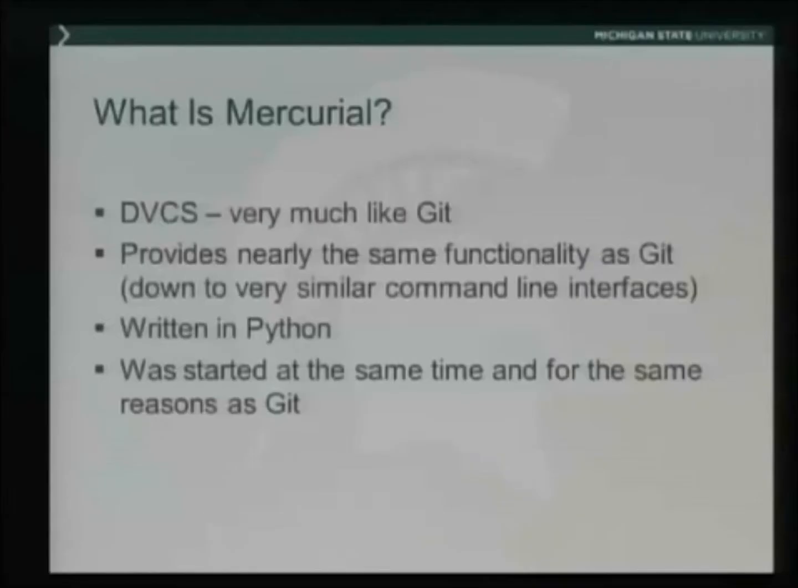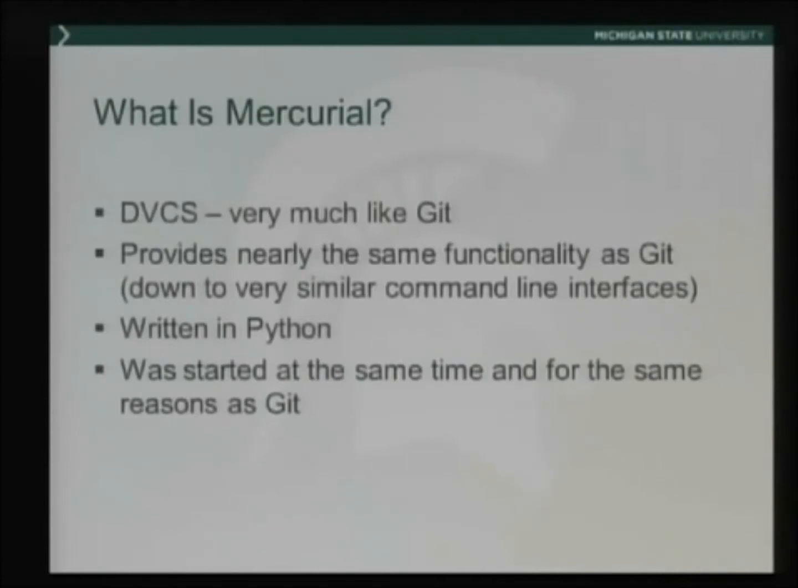So the first question is, what is Mercurial? It's a DVCS. It's very much like Git. It provides nearly the same functionality as Git. It was written in Python as opposed to C, and it was started at the same time for the same reasons as Git. Like Carl mentioned,